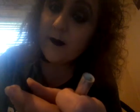Moving on to eyeliner. This is the Rue 21 Angled Cat Eyeliner. At first I really didn't know Rue 21 sold makeup. I just thought they sold clothes and accessories and stuff. But as you can tell, I've been using this so much, and thanks to Rue 21 for noticing me on Twitter with this eyeliner. It's phenomenal, and Rue 21 is one of my favorite stores, so I highly suggest you